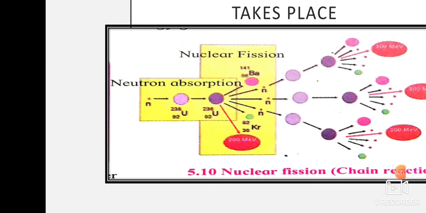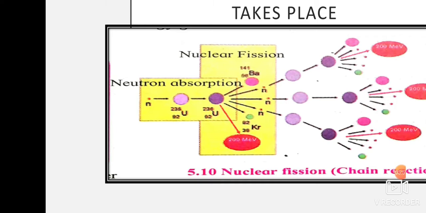Okay, so the reaction continues again. These 3 neutrons will bombard another 3 atoms of uranium. The 3 neutrons generated in this process cause fission of 3 other uranium 235, releasing more energy. So what is taking place is called the fission of more uranium nuclei. This process of fission of uranium 235 atoms continues and is called the chain reaction.